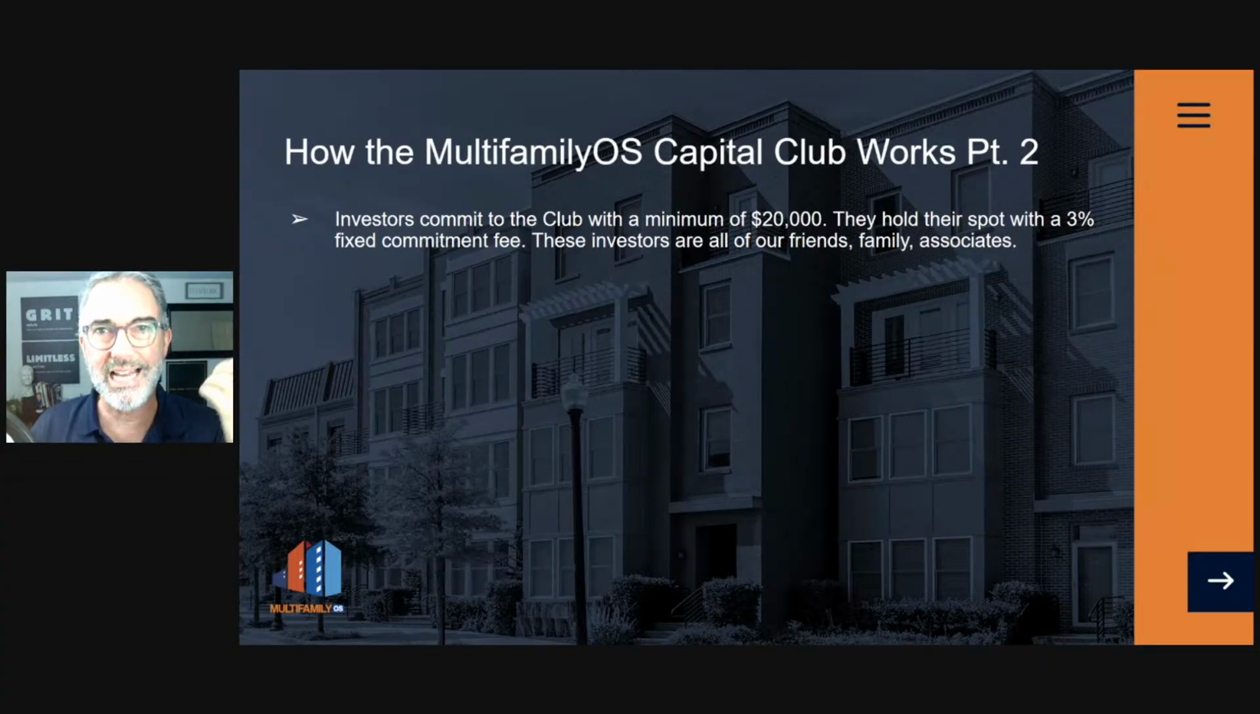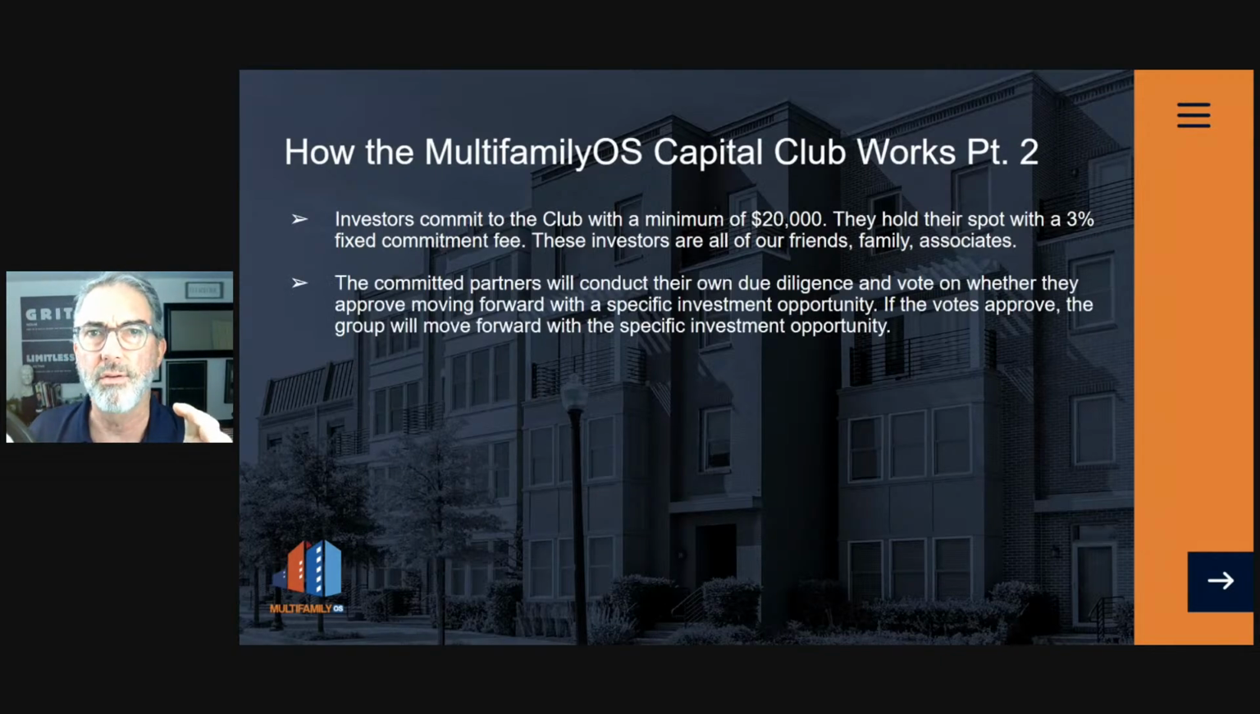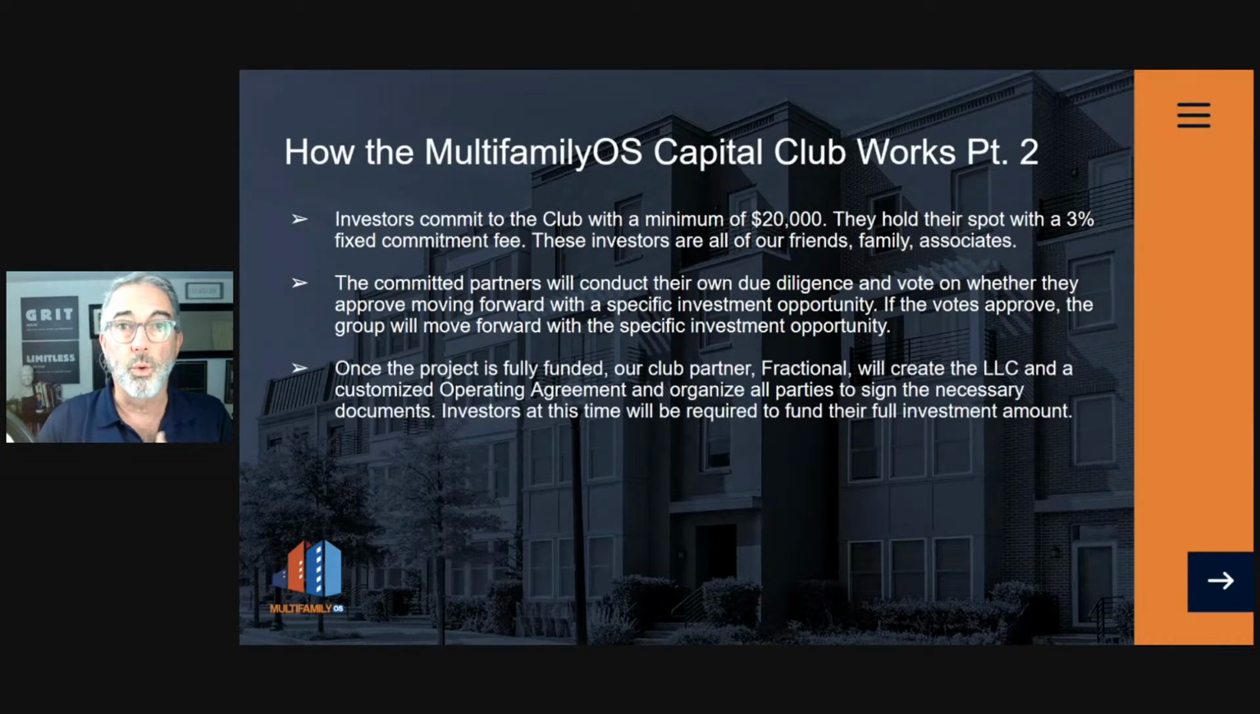We work towards getting them in. I like multifamily. Hey, I have no problem. I'd like to invest in a multifamily property for 20 grand, for 50 grand. The committed partners will conduct their own due diligence and vote on whether they approve moving forward with a specific property. If the votes approve, then that group will move forward with that specific investment opportunity, and we close on it. So once the project is fully funded